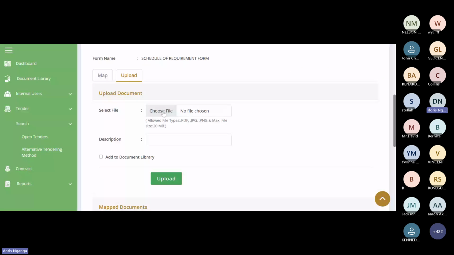You'll go back to where you have saved your document, look for the brochure, attach it, and give it a description, that is brochure. Sorry, the spelling is wrong. Brochures for tires. And then you say upload.